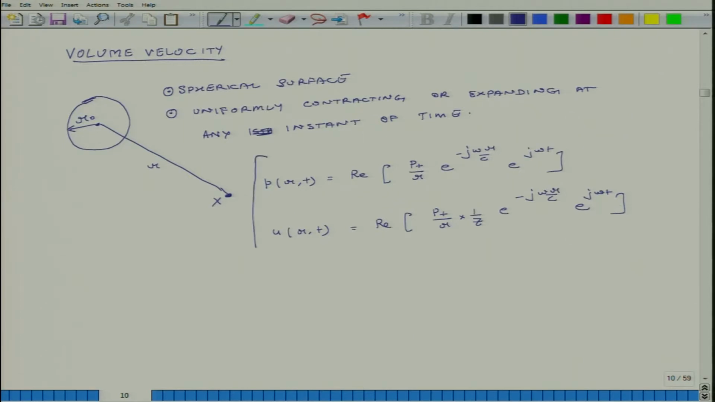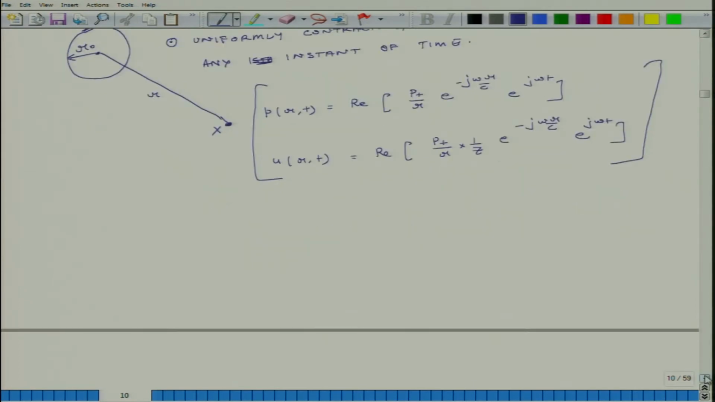So, these are the two equations, one is for velocity and the other one is for pressure. And what is z? We have already developed an expression for z. So, we will just write that. So, this term is what? This is P bar r omega,